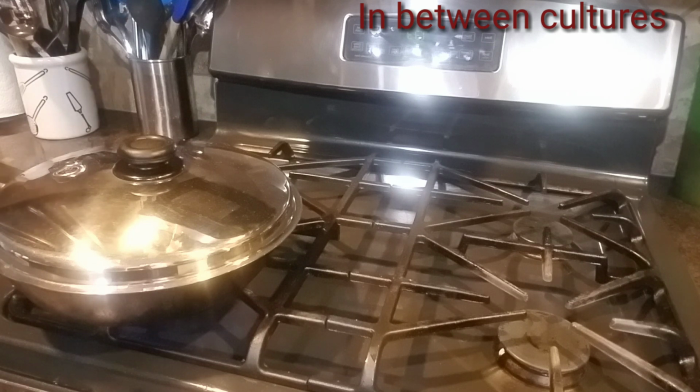So right now I just covered up the skillet so that the heat is contained, so that it cooks very well. Yeah, that is how I make my cauliflower rice stir fry with